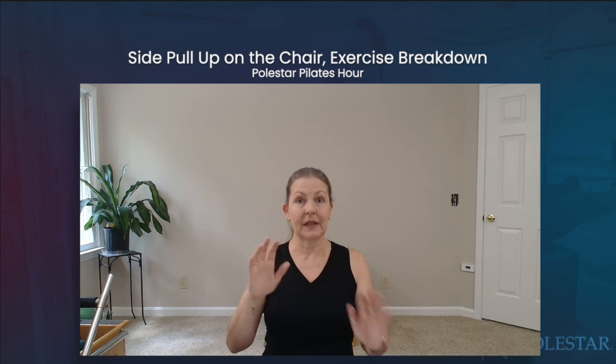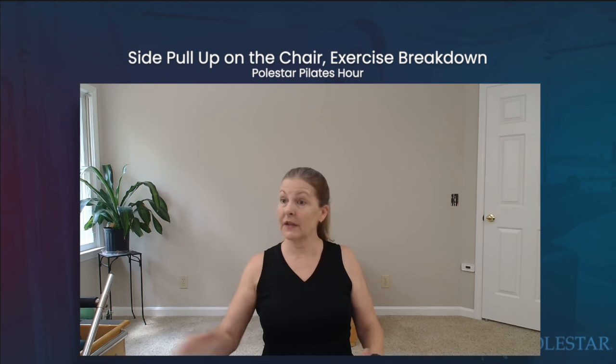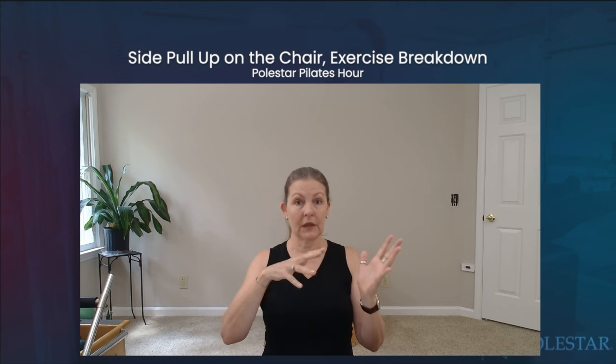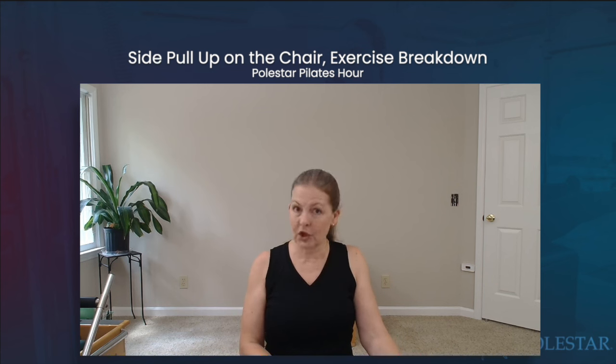Kneeling cat on the chair, I think, is one that is really interesting because it, again, gets us into that same type of position. I see some more things here. Side to side. Yeah, side to side could work, because we're getting a little bit of rotation into the body. Those of you that know teaser on the chair